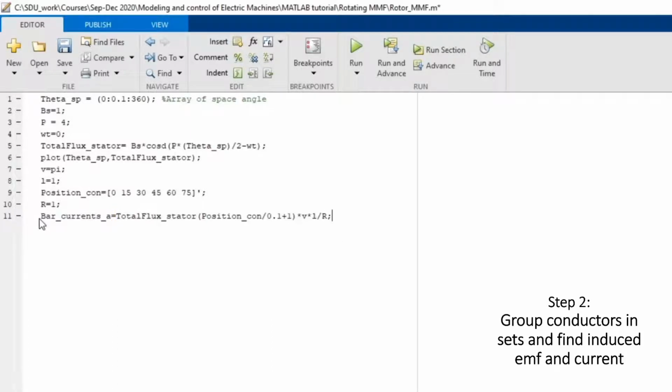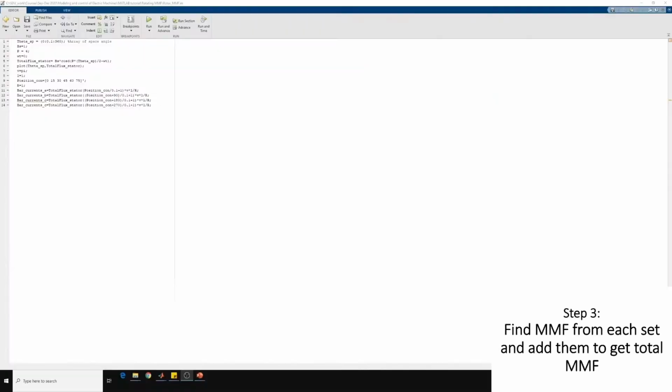Similarly, we can write the currents through each conductor of a set. After the current in each conductor is calculated, the next step is to find MMF from each set and add them to get total MMF.